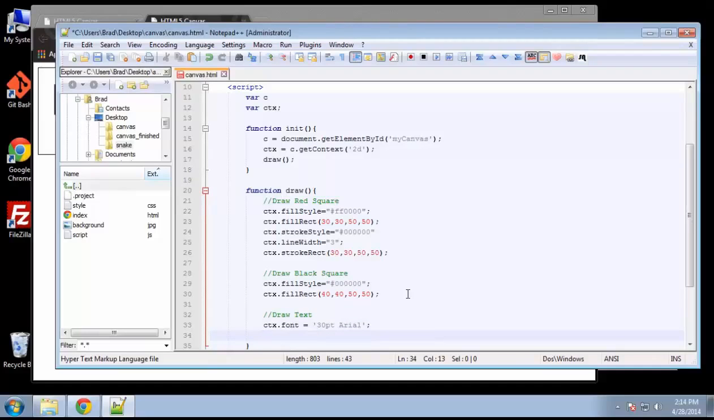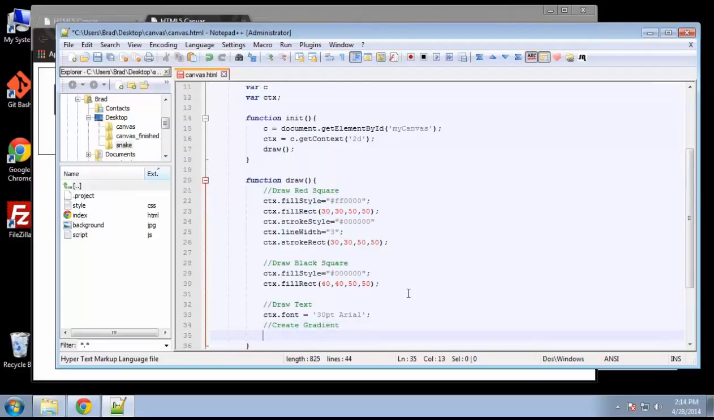Next we want to fill it. You could use just a solid color, but I want to show you how to do gradients. So we're going to make the text a red and black gradient. We'll say create gradient. To do that we're going to create a new variable, and I'm just going to call it gradient, and we're going to set that equal to ctx dot